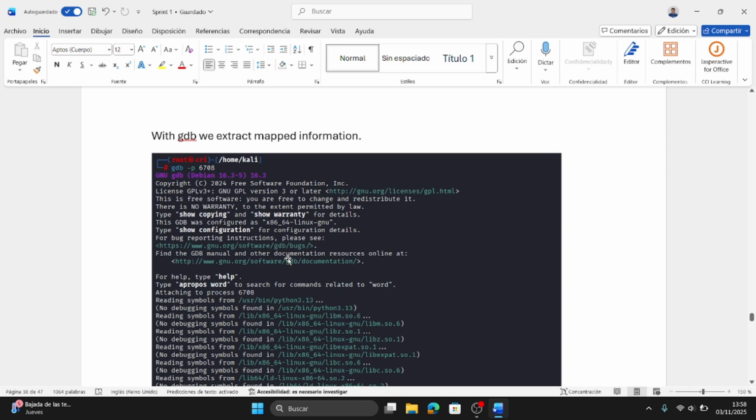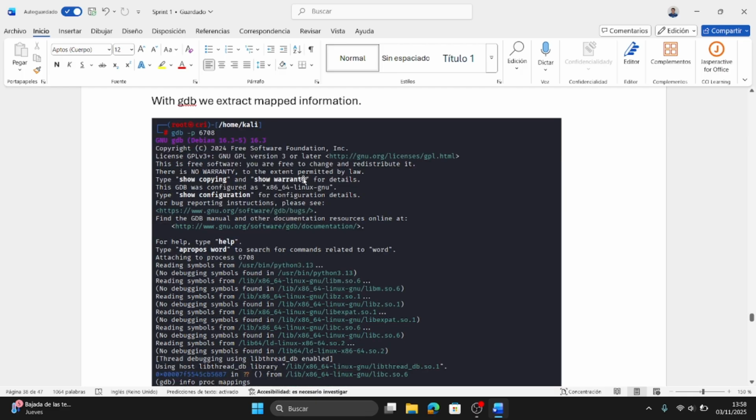Okay. With GDB we can extract the map information from the memory.